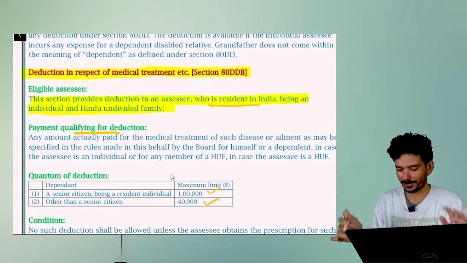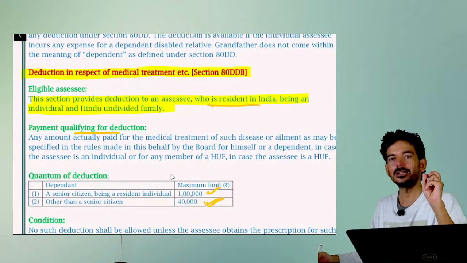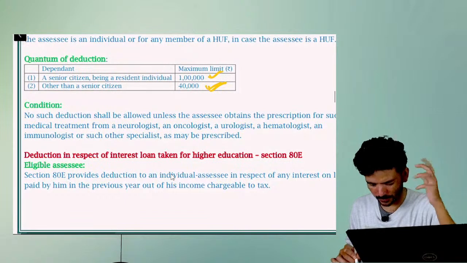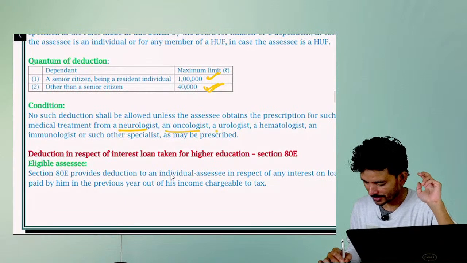But from an examination perspective, 40,000 is for normal people and 1 lakh is for senior citizens. Just remember that. Remaining, anything else is not required, because you get the certificate from a neurologist, oncologist, urologist,